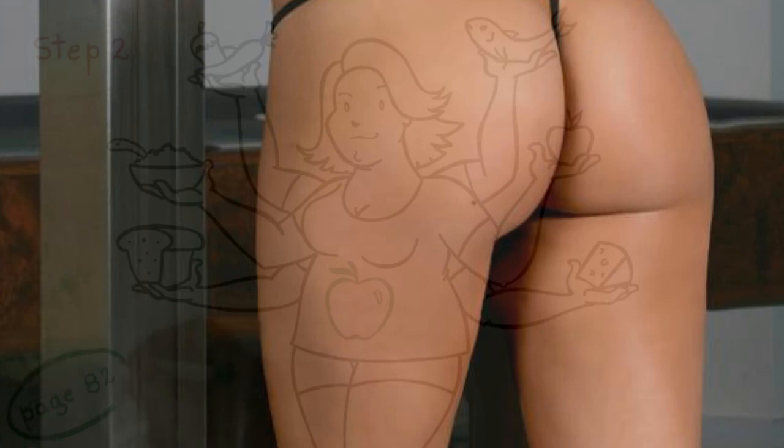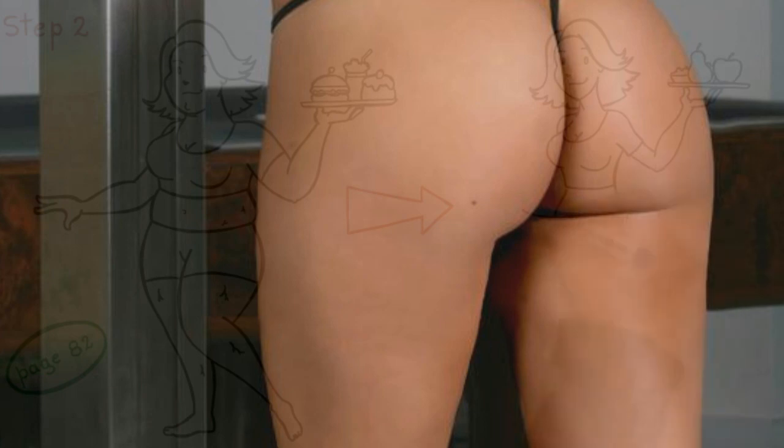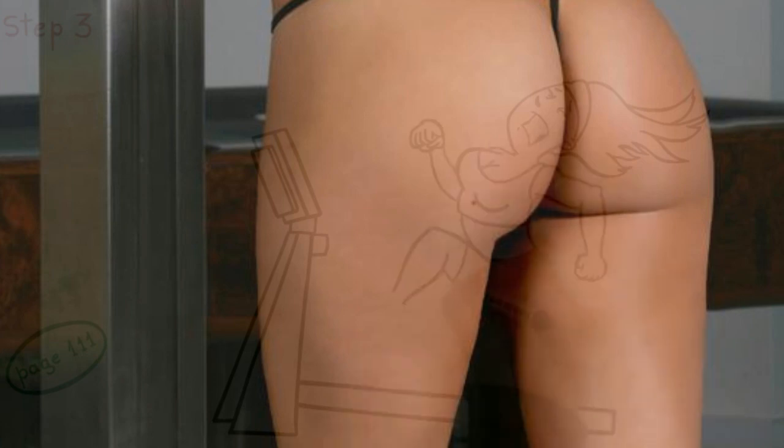All right, then on page 82, we'll take you by the hand and show you what you should be eating, and more importantly, what you should not be eating. You'll be shocked to learn which foods are actually piling on the cellulite by the pound. Yeah, and simply eliminating these foods can do wonders to your appearance. Step 3. On page 111, we'll talk about the real reason why killing yourself in the gym